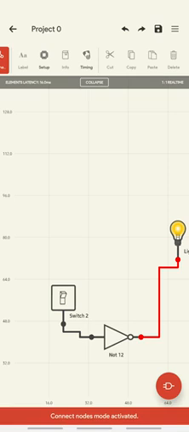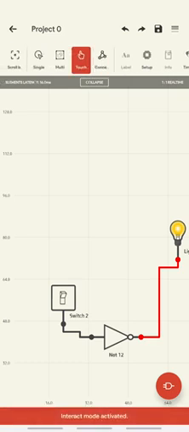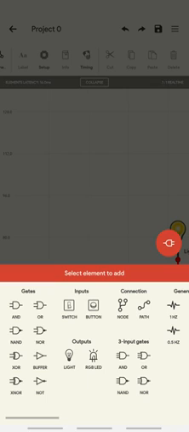So that is what the NOT gate does, it inverts the input. If I make this switch on, my bulb should go off, right? So it's opposite. For NOT gate, if input is 1, output is 0, if input is 0, output is 1, right?